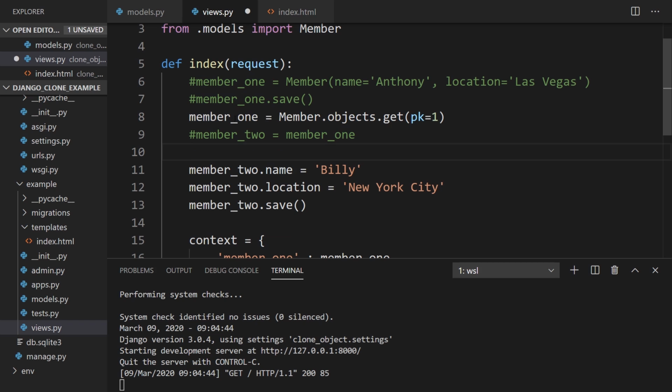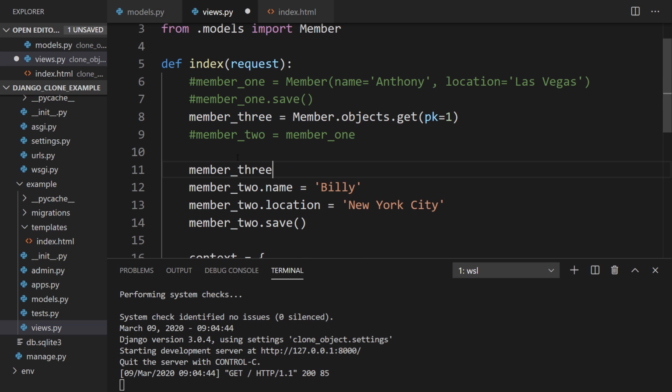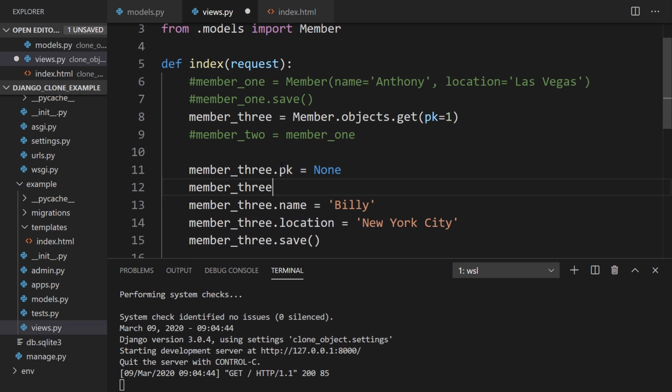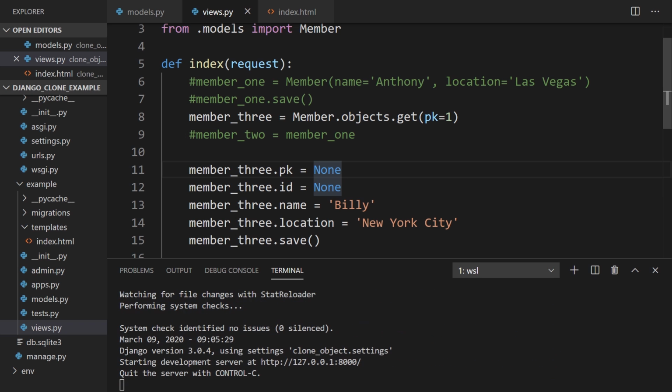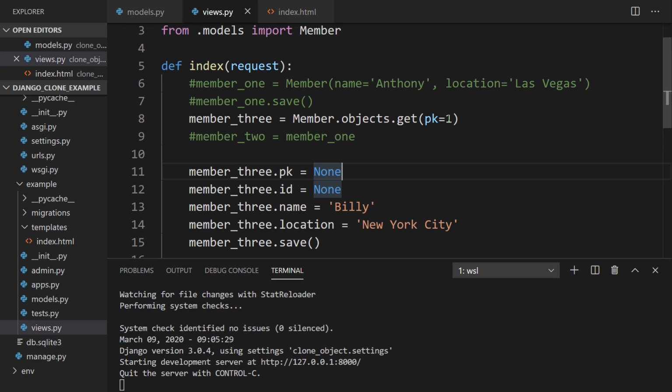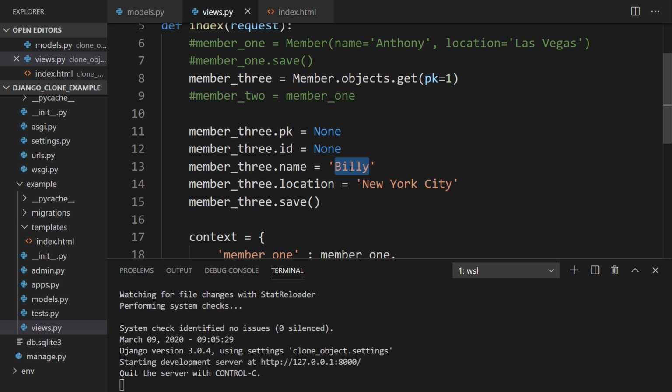And here for member1, I'll call this, let's say, member3. And what I'll do for member3 is, before I assign values, so I'll change these all to member3, I want to set the pk to None, so the primary key, and member3.id will be None as well. Depending on how the model is set up, you may only need one, but just to be safe, you can have pk and id. So I'm basically taking whatever is on pk 1, setting the primary key and id to None, and then updating the values to something. So I'll put Anthony, and then for location, I'll put